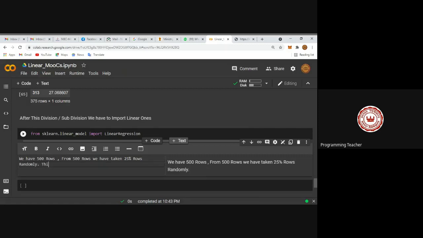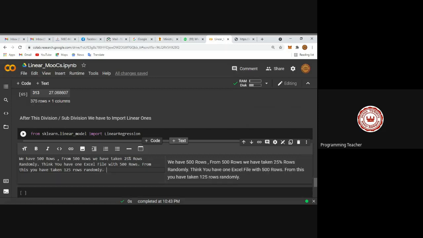Think, you have one Excel file with 500 rows. From this, you have taken 125 rows randomly.